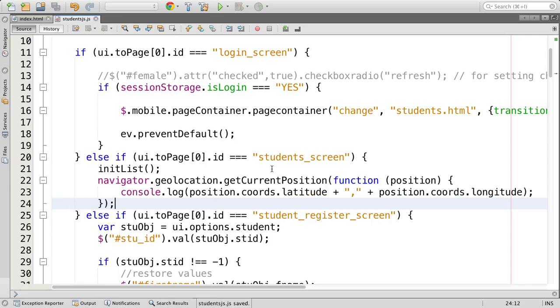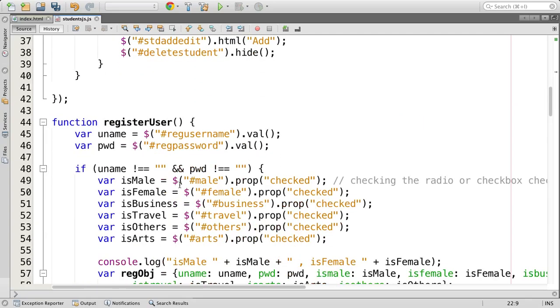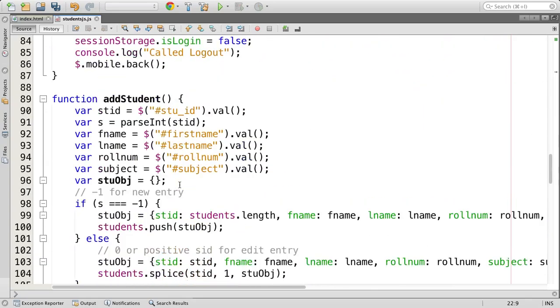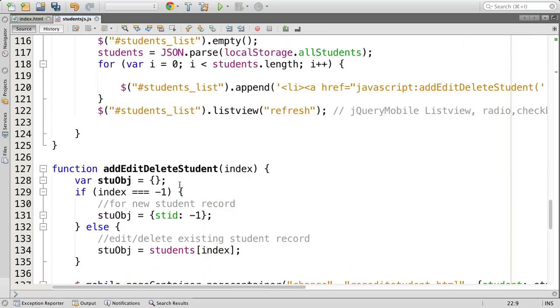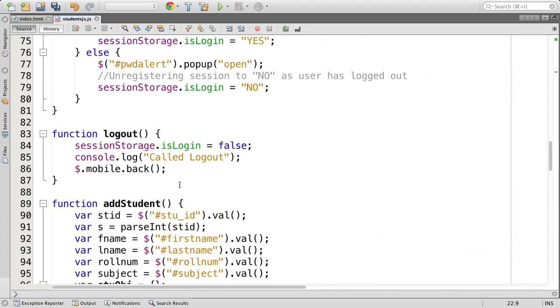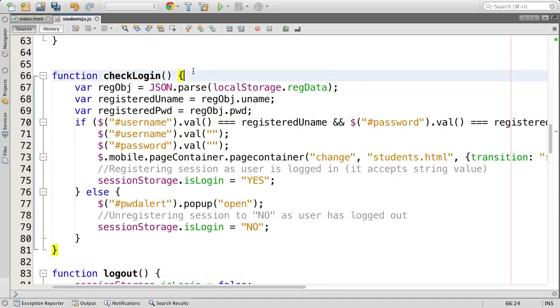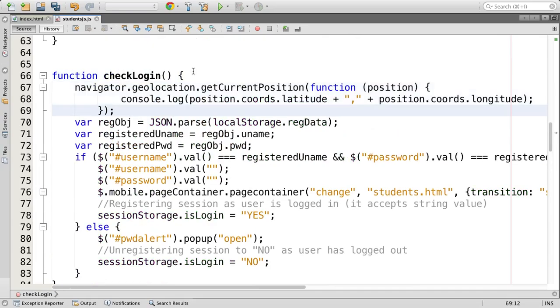Let me see, because when the student screen gets displayed, the user will either click on a button or something. Or maybe where is a button? The login button, something we had, it will be better to check. So the check login. When a user clicks on login, immediately we verify what is the current location of the